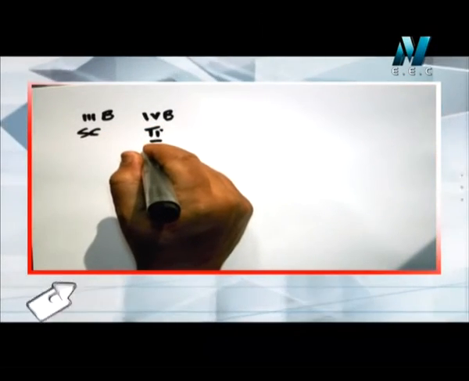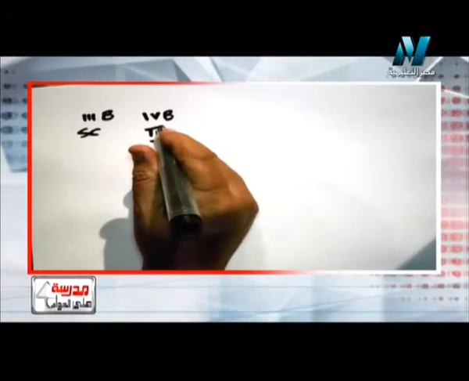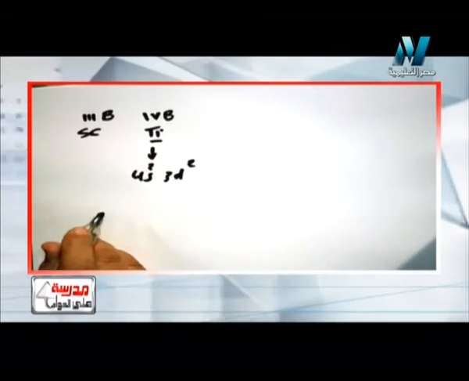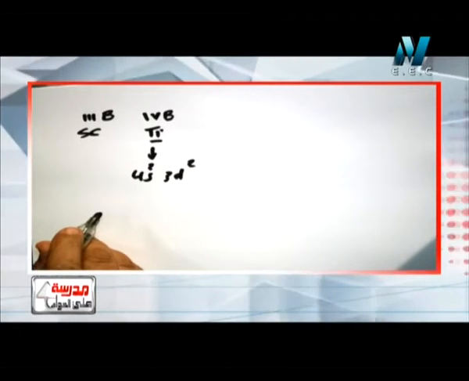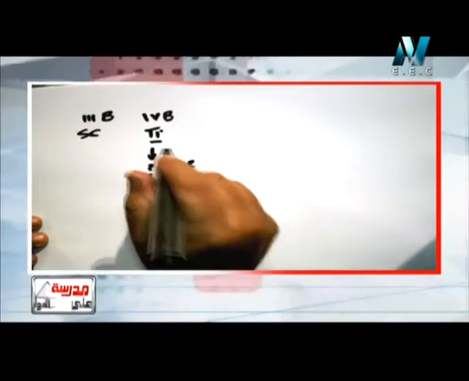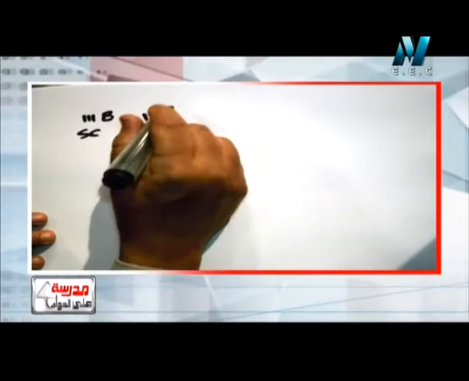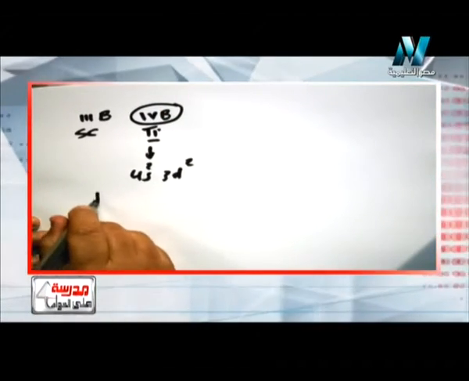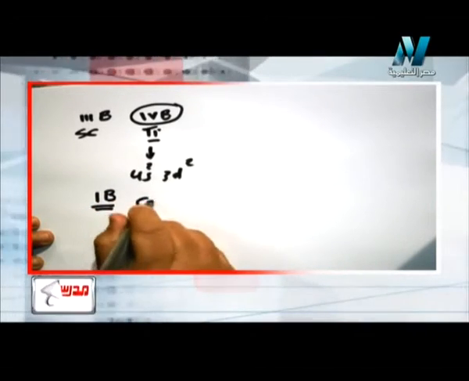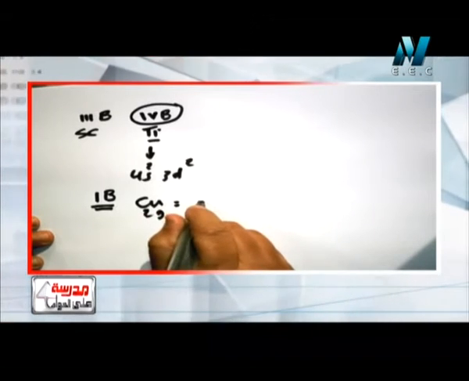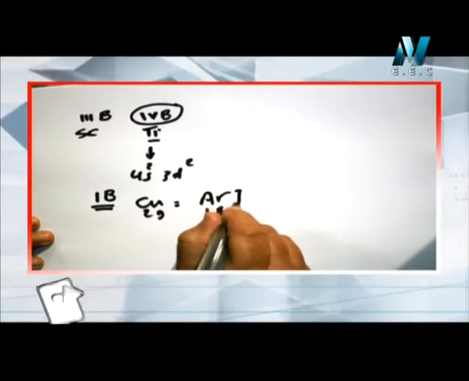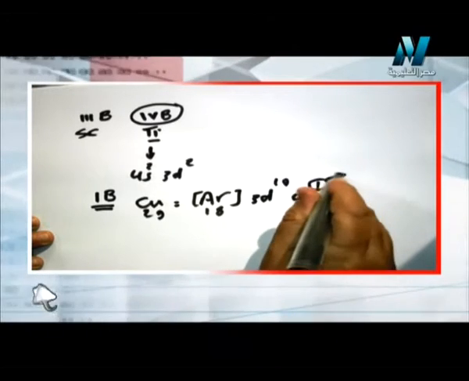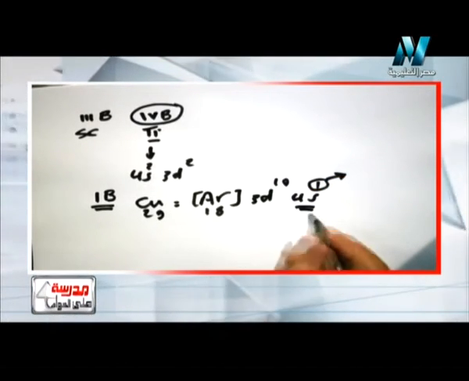Titanium does not have oxidation number 5, because titanium is 4s2 3d2, so it will lose the 4 electrons to be oxidation number 4. It will not be 5. For all elements, the oxidation number starts from 2 up to the group number and does not exceed the group number, except group 1B. Copper 29, we said, will be argon 18, 3d10, 4s1. It will be positive 1 when it loses the electron from 4s, as in cuprous chloride